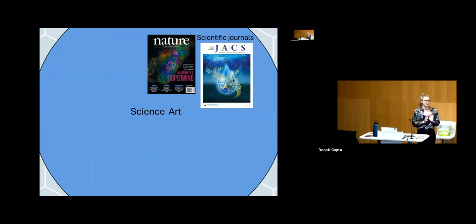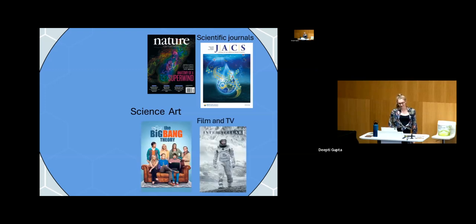So one example of places you can find science art is in scientific journals. And if you don't know what one of these is, they're kind of like magazines for science. And this is where scientists will publish their most up-to-date, state-of-the-art findings for everyone to read. So artists are used to create captivating images for the covers to entice more people to read science.